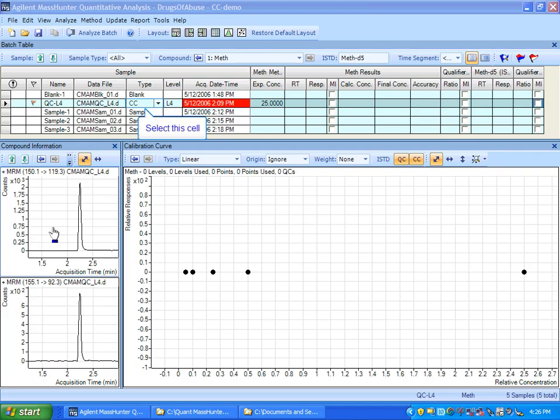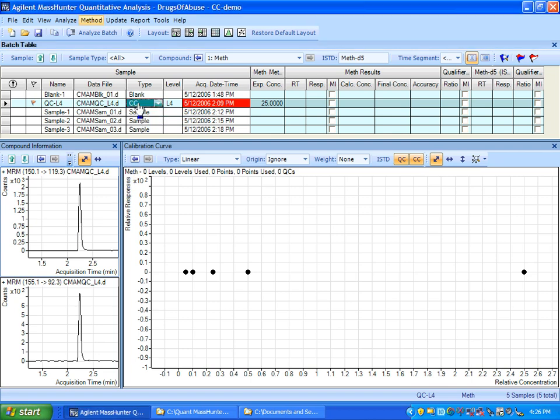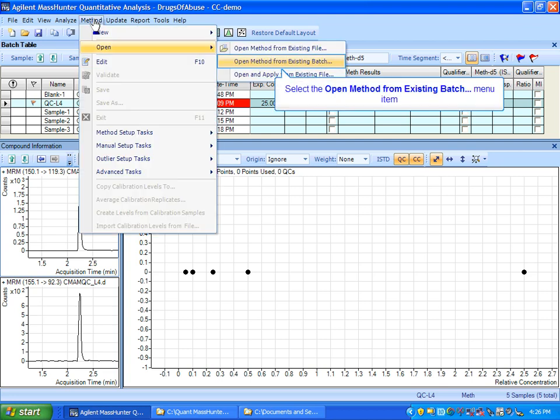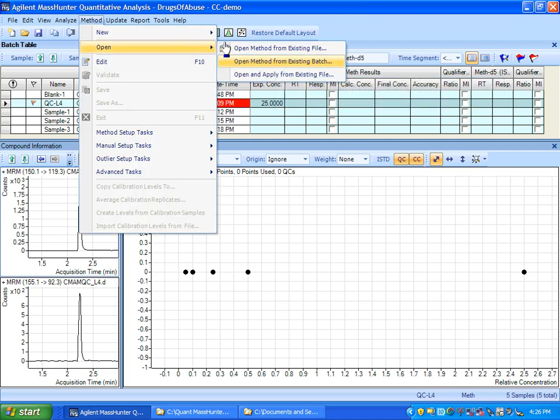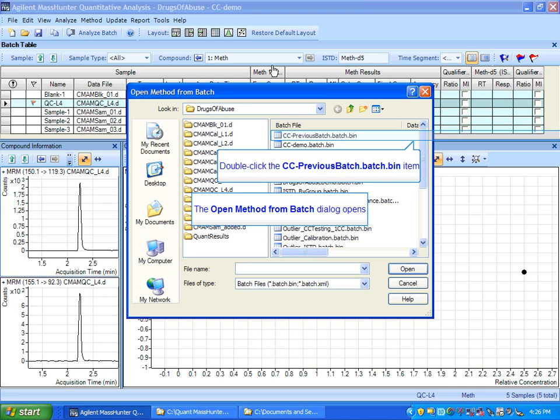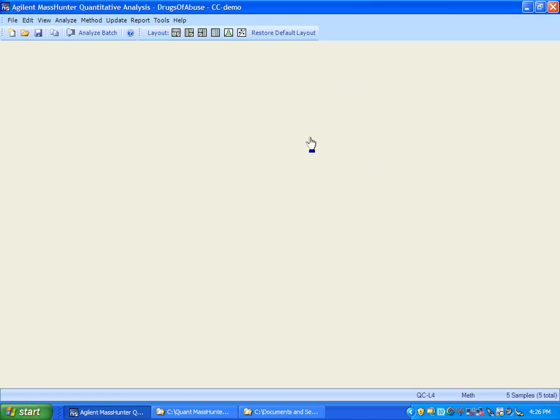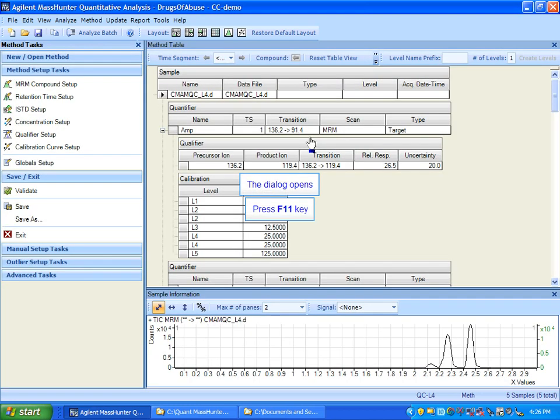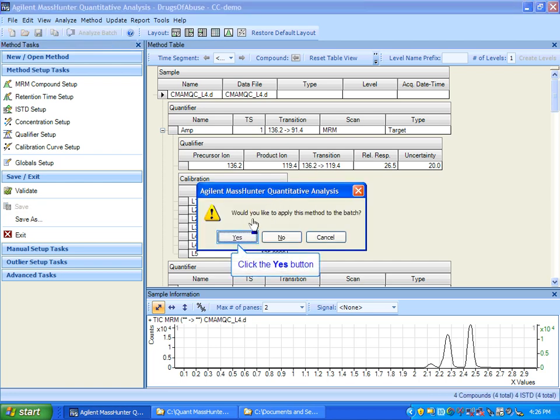All right, here I am in Batch at a Glance looking at a couple three samples and my CC. What I'm going to do here is get a previous calibration curve from a method from a previous batch. And the easiest way to do that is to go to Method and then open a method from an existing batch. So when I do that, there's a previous batch here, and now I've fetched that method and I've gone over to the method editor,